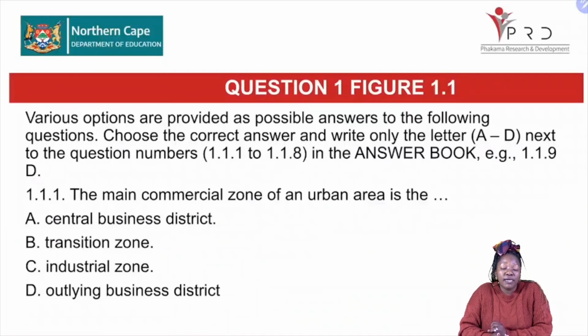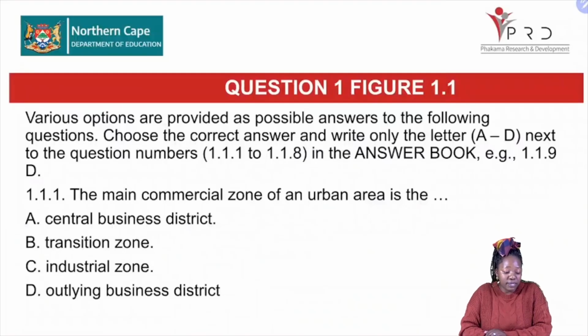It can be a multiple choice, or you can have it as a column A and column B, or you can be given a statement, then you need to choose the words from the bracket. So we're going to start with our first question, which is figure 1.1. It's question 1.1.1. The main commercial zone of an urban area is, so you need to choose there between A